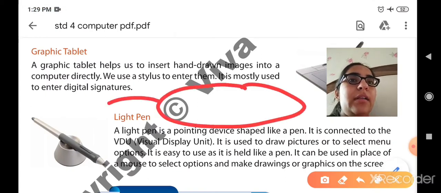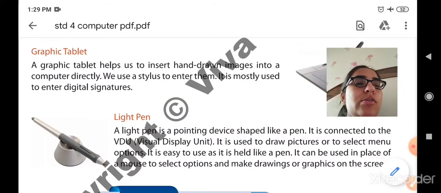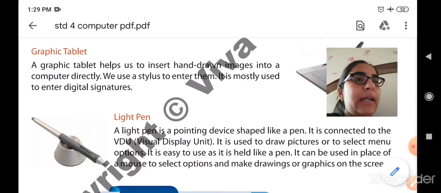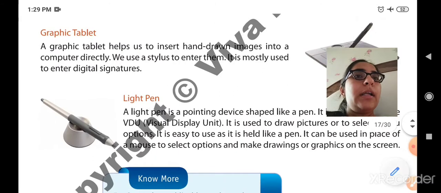So here you can see that a brush is available. I can do anything using a brush. In the same way, a pen is available which is known as a light pen. It is used to input anything, to draw any pictures or anything on a screen. It can be a mobile screen, a PC screen, or a laptop screen. It works like a mouse. Just as a mouse is used to move on the screen, in the same way the light pen is also used to move anything, to select any of the options and to draw anything in the electronic device.